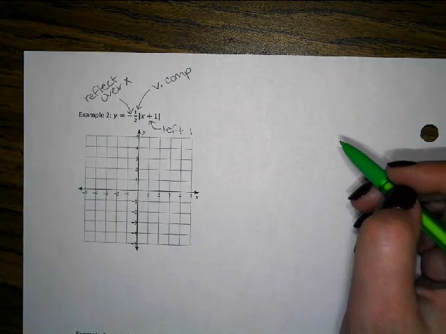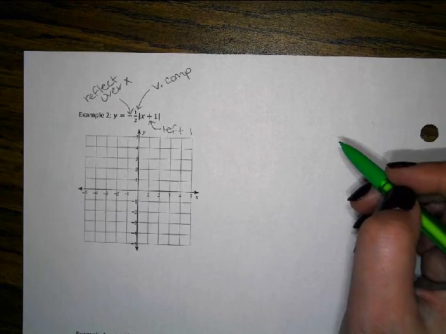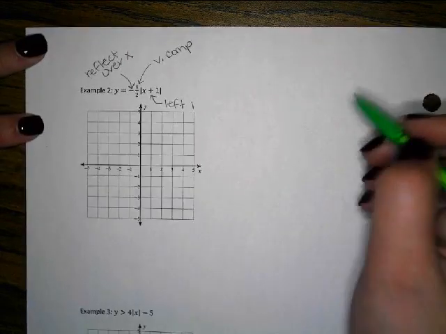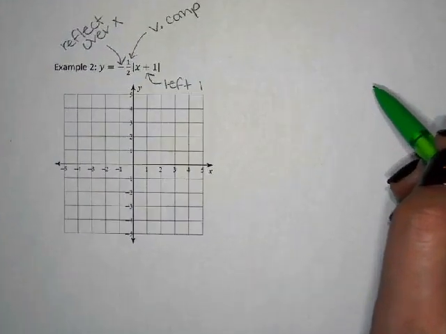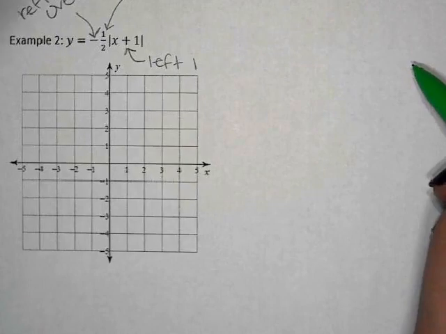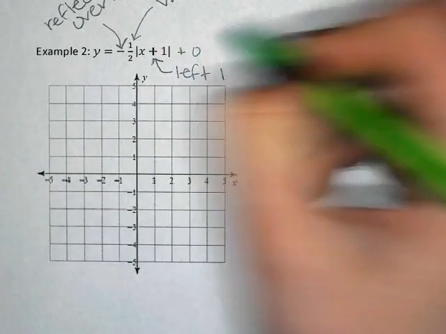Now, anytime mine does not have a number on the end, I like to put a 0 there because it helps me to figure out what my vertex is. So I'm going to put a +0. That usually helps me out. So my vertex,